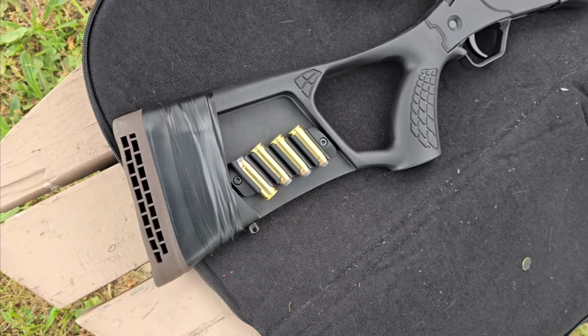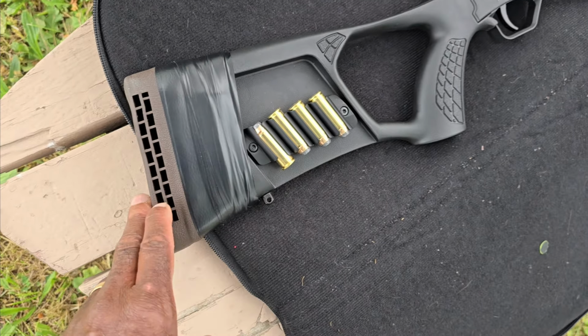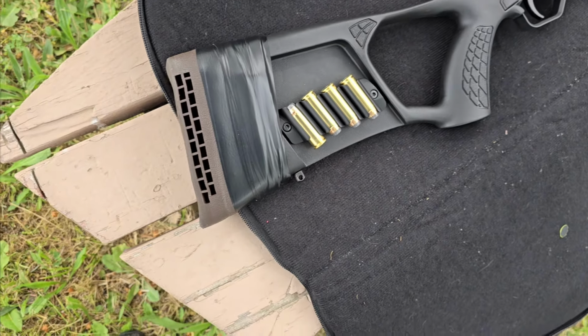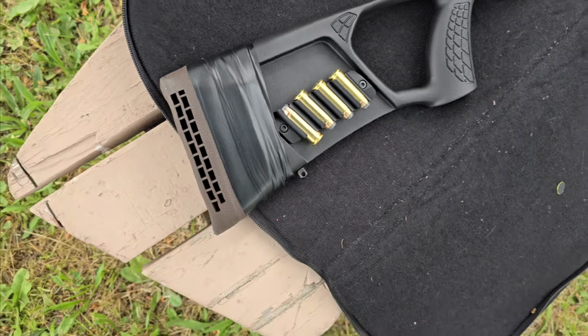I put them both on here. I put the smaller one on first, then the medium size that I bought, which is this one right here, flipped over the smaller one. But the problem that I was having then is it wasn't stable. So